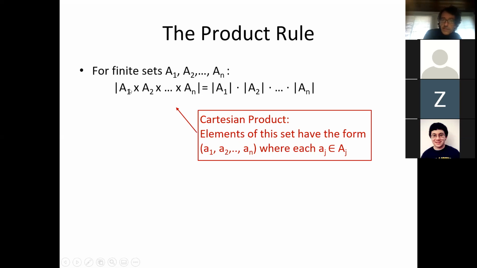Well, it's a set of sequences of length n, whose first element is in class A1, second element is in class A2, etc. Right? So I will use words like class, domain, okay, but for a set, they mean the same thing, but it might be more context convenient. Okay, so this is what's happening in general,